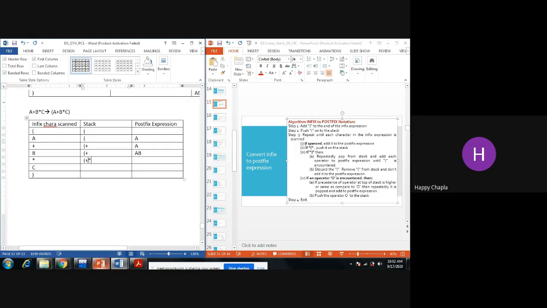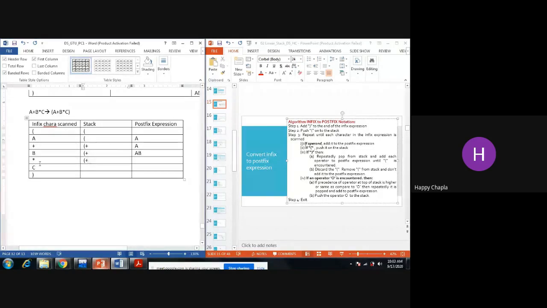This plus has lesser priority than my star. If I have a power sign inside my stack, then I need to do something else. We'll take that example also. Here, the incoming operator is star and the top of the stack is plus.